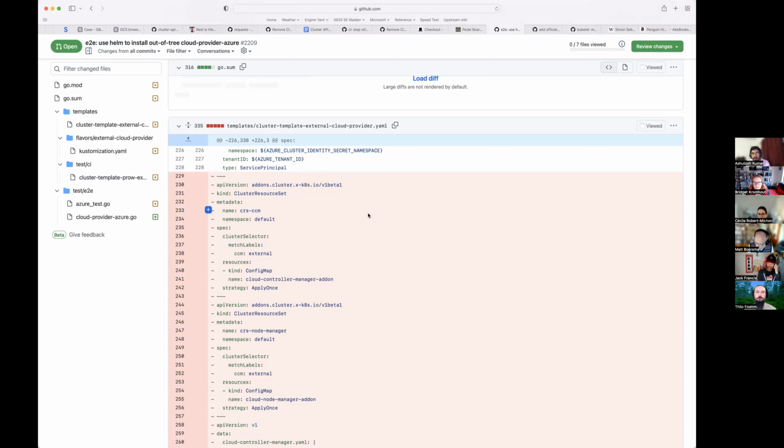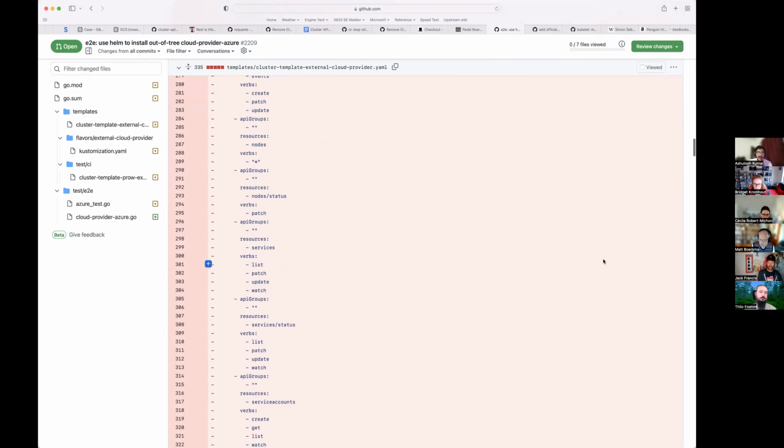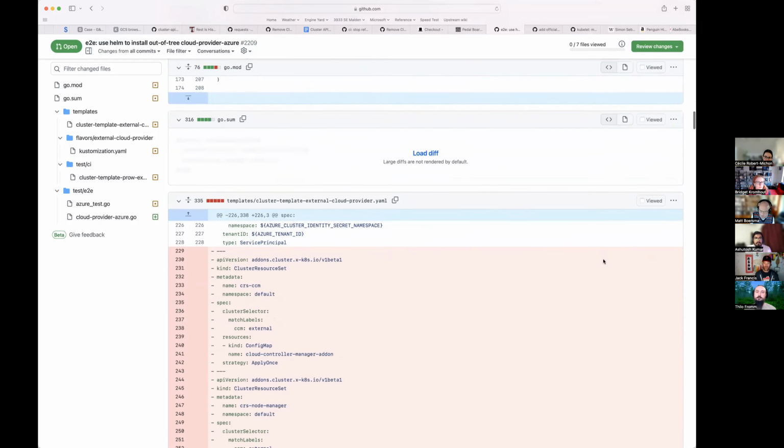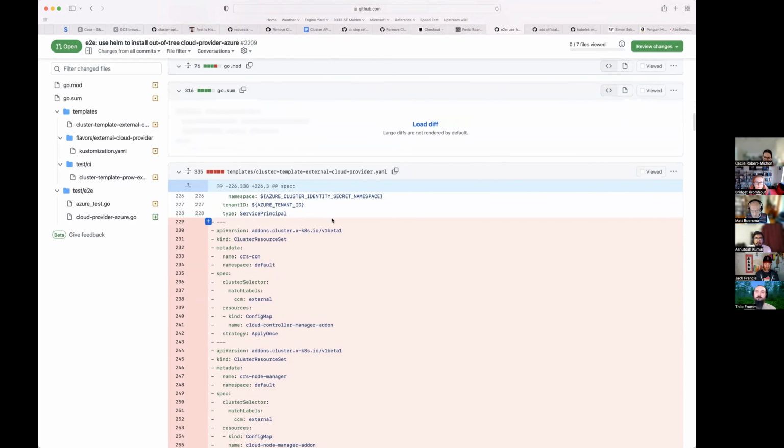Yeah, so I don't have the full expertise to understand exactly how this works, but I'm confident that the cloud node manager component, which is a daemon set running on every single node in the cluster, does some of the node-specific work. That is how you make the nodes themselves aware that they're running in an external cloud provider context. So they have separate bits running on each node, communicating in an Azure context back to the mothership, so to speak. The way that you instruct the control plane that you're running in a